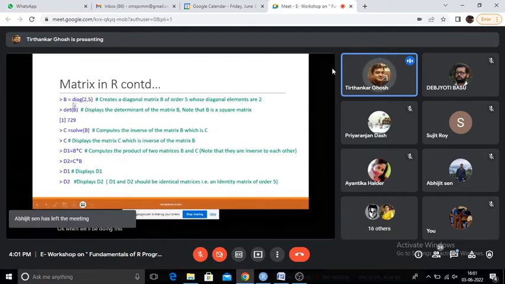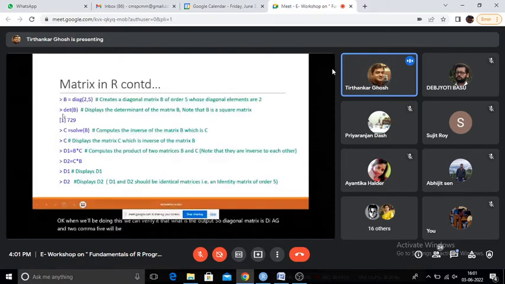So diagonal matrix is diag and 2 comma 5, and det within brackets the name of the matrix returns the determinant of the matrix. This is how to get the determinant. Those are very simple in R, and you don't have to compute using a calculator. Just read the matrix and get the determinant if it is a square matrix.